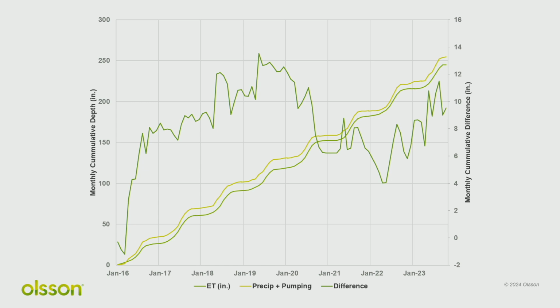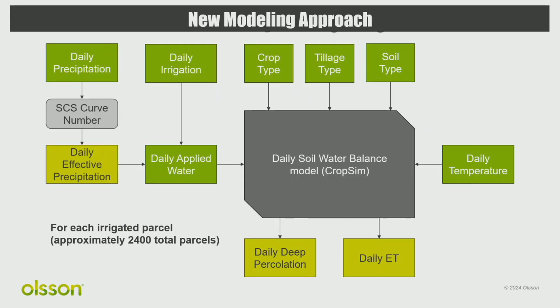What is it? And so, kind of coming around full circle, we still are going to need to do some modeling to figure out what's going on in the soil profile. And so this is what we're just starting work on right now. And you can see, whereas the first slide didn't have nearly as much real data as inputs, here we've got daily precipitation, daily irrigation, crop type, tillage type. We always had soil type.